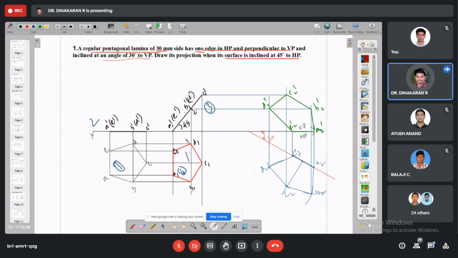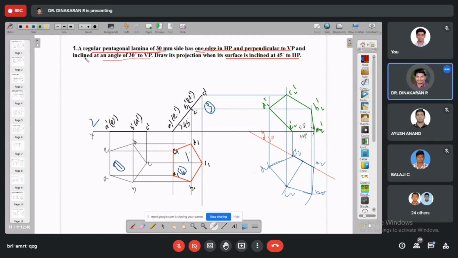I drew a first 45 degree line, then after that A dash is the center, and from that measure it and cut it on B dash and C1 dash. Then after that, projection from A1 dash to B1 dash, C1 dash, E1 dash and D1 vertically. Then the same horizontal projection from true shape A, B, C, D, and the meeting points will be A1, B1, C1, D1, E1. After that, I joined as a pentagon, which gets the reduced dimension.